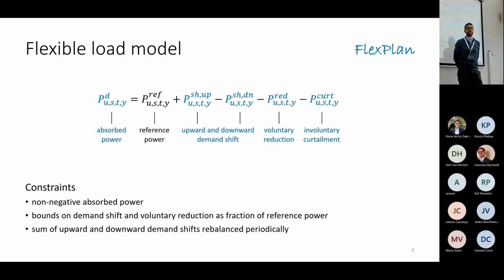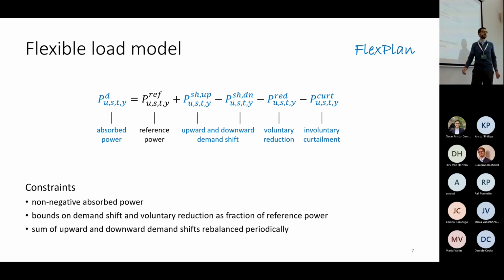Loads can be standard loads, fixed or flexible. A flexible load model is this one, where absorbed power is a function of a reference power, which is a parameter, and upward and downward demand shifts, voluntary and involuntary reductions. Each of these terms is weighted in the objective function with increasing cost from left to right. Involuntary curtailment